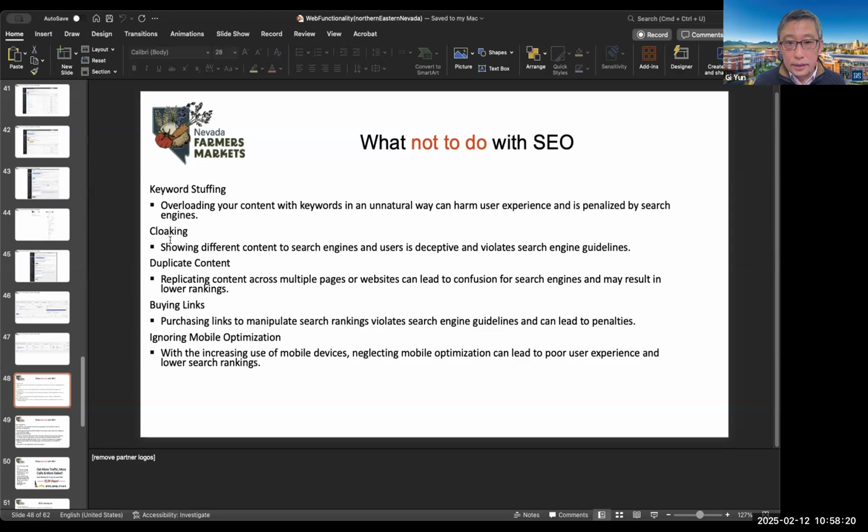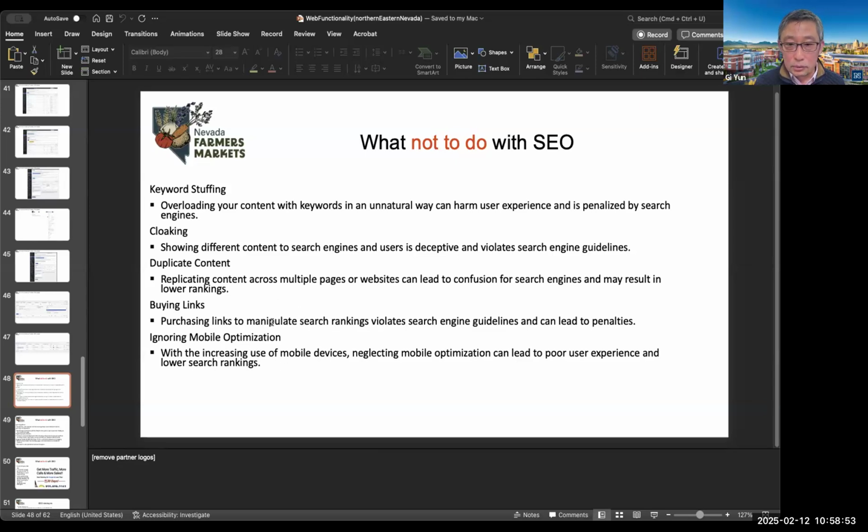These are all different techniques that people try to manipulate, like cloaking, showing different content to the search engine. For example, if there is a keyword of the month, let's say related to the farmers market it is mushroom, and because of that you display a certain mushroom name in your keyword, but it has completely different content in there. It can be flagged. Or if you're just replicating content and purchase links to manipulate search engine ranking,